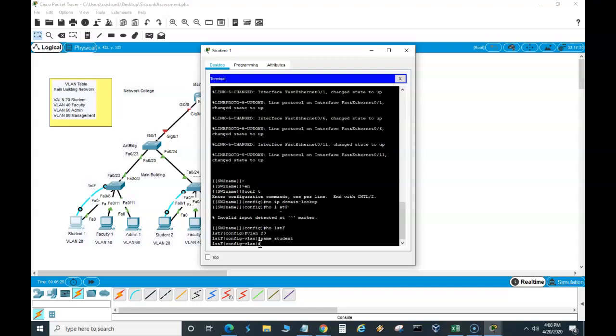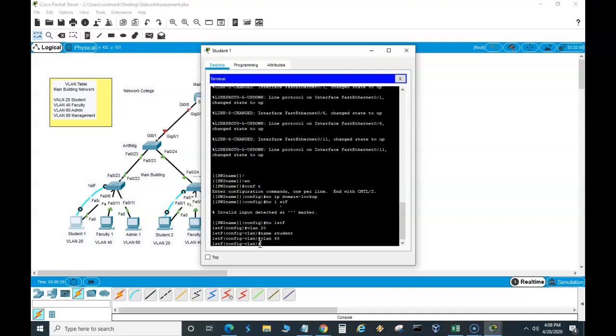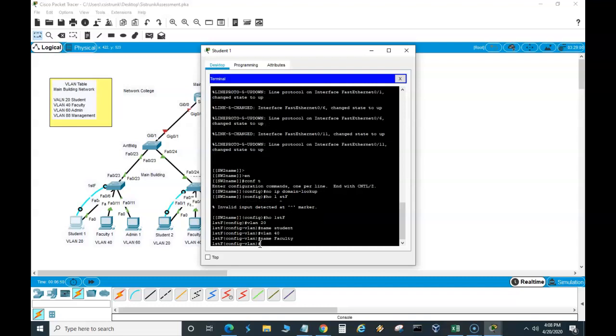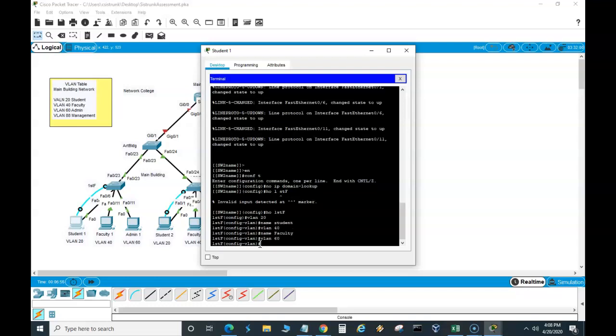Okay. And then I'm going to say VLAN 40, which is the next one, because that's what it's asking us for. Hit that. And then I'm going to say name faculty. Yes, the professors must have a place to log in. Okay, and then I'm gonna think the last one, VLAN 60, and I'm gonna hit enter on that, and then